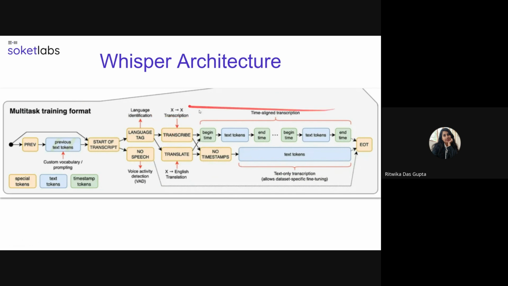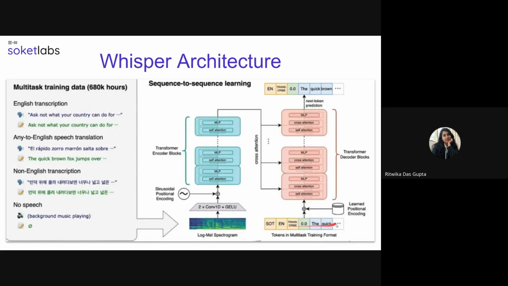So this particular format is passed into the Whisper architecture here. The architecture is such that first the audio is converted into a log-mel spectrogram, as I explained before, and then we use the convolutional layers plus GELU. So there are two convolutional layers and GELU. Finally, the vector that is obtained goes through a sinusoidal positional encoding. The sinusoidal positional encoding gives a position to each frequency, odd and even frequencies, and then it goes through the block of encoders.